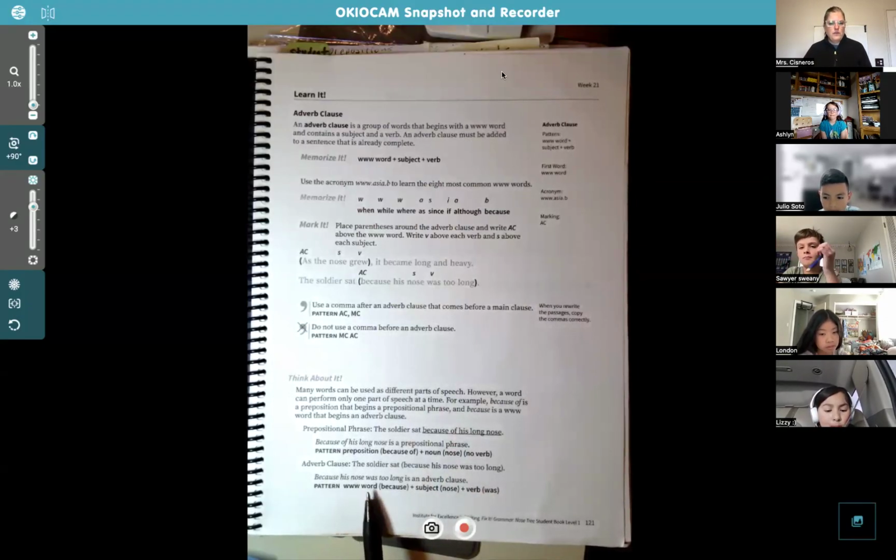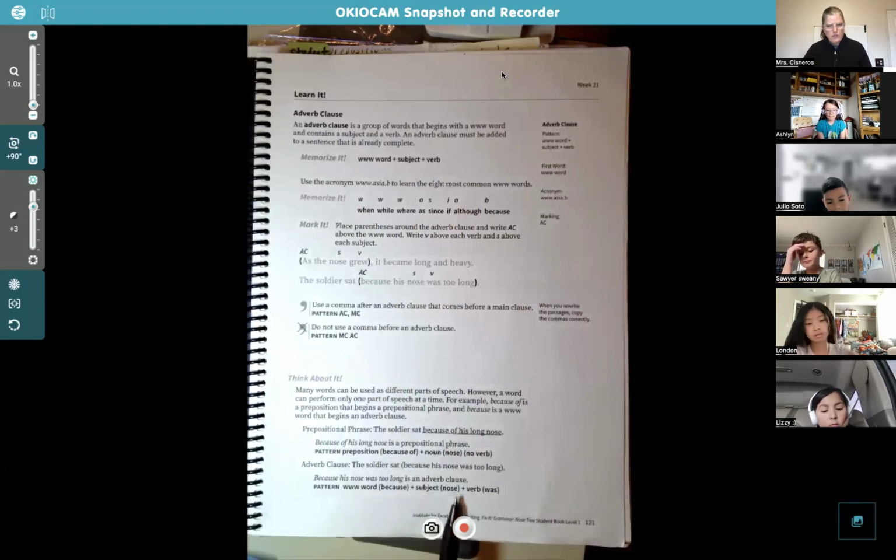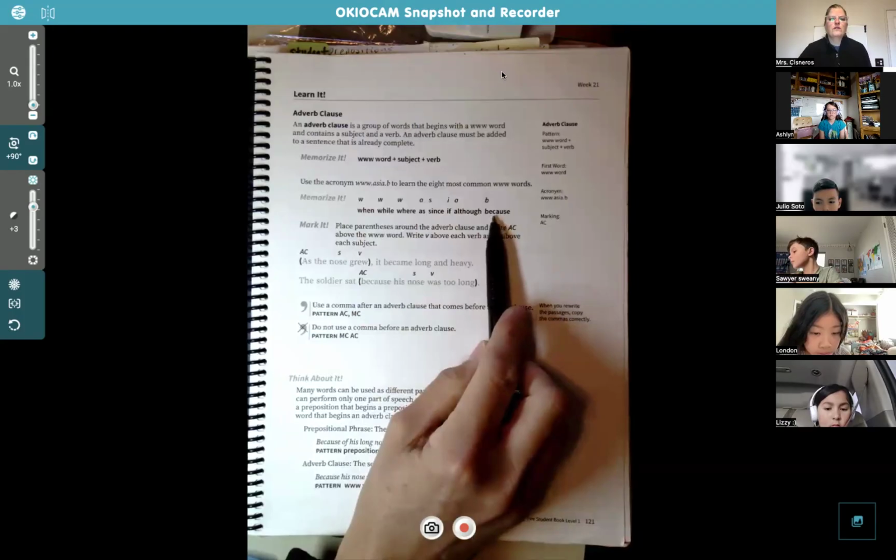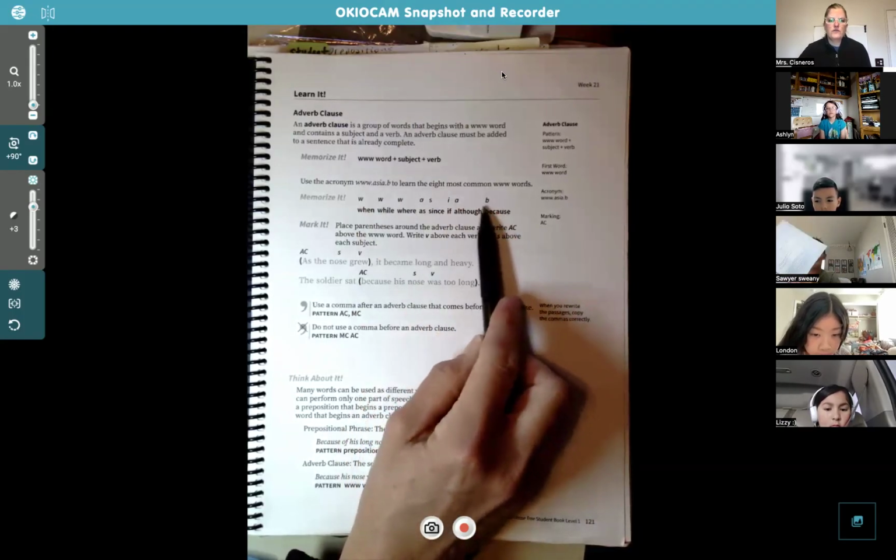The WWW word, which in this one is because, plus the subject nose, plus the verb was. Okay, so they want you to see the difference between those two. If it has because of, that's a prepositional phrase. If it just has because, that is one of the words for the adverb clause right here,